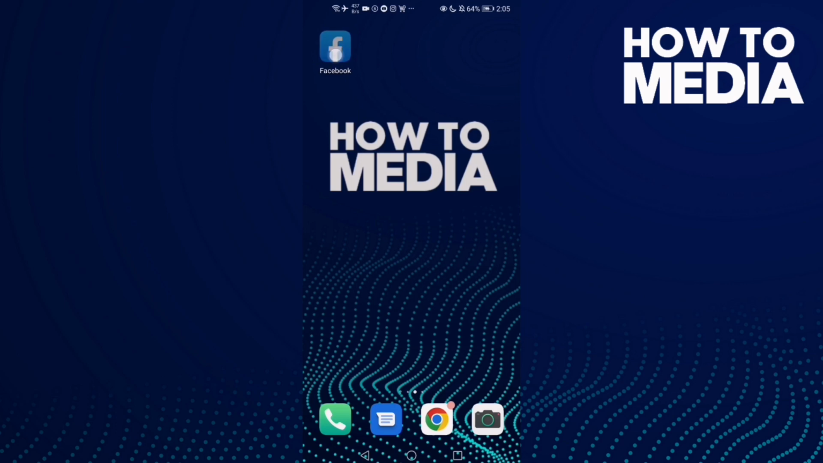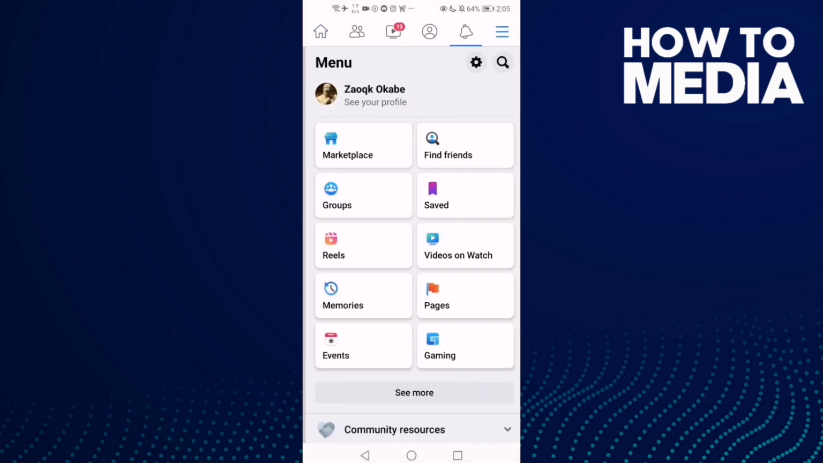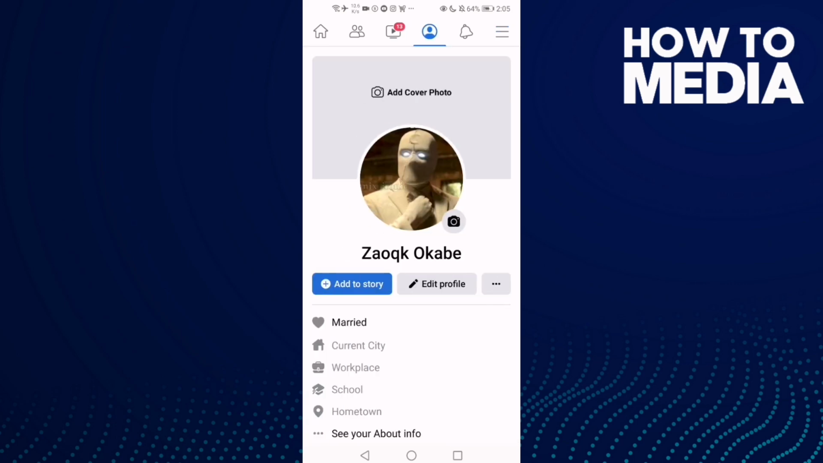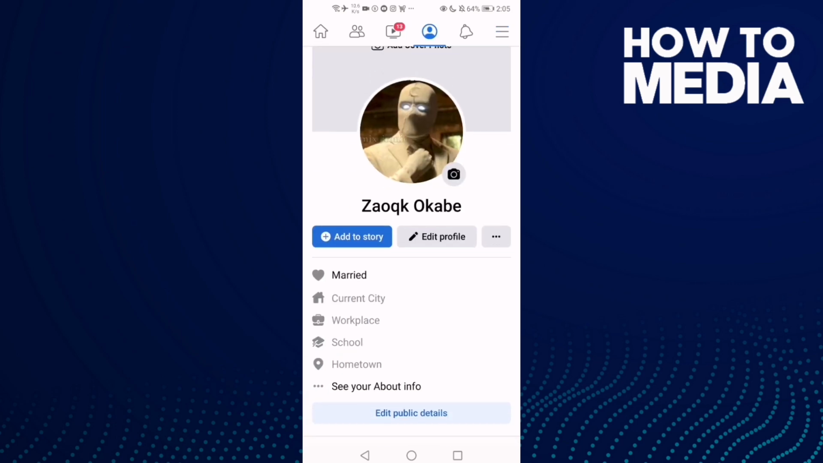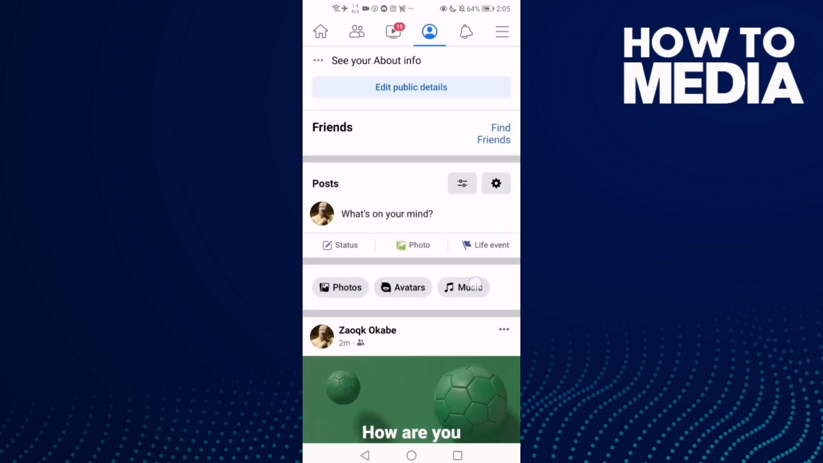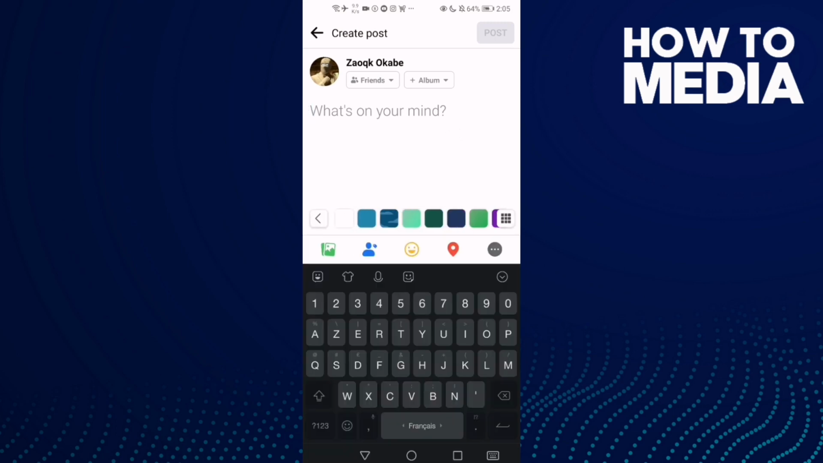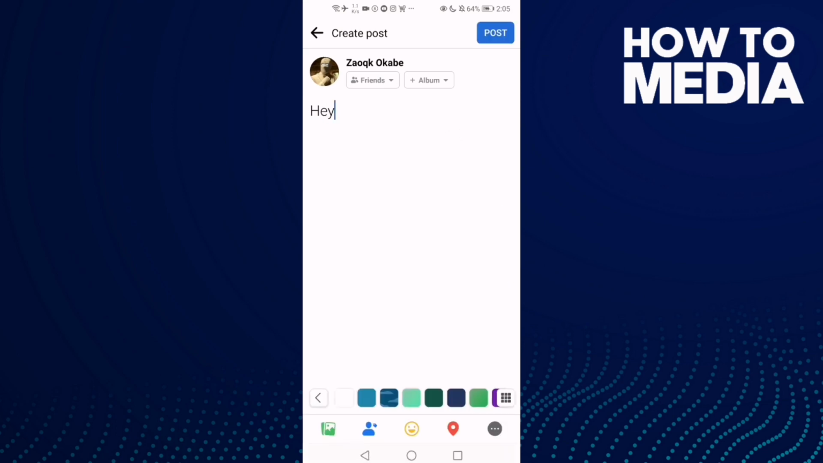First thing, go to Facebook and then click these three lines in the top corner and click share profile, and then just click edit profile, and not edit profile, sorry, go down and post anything you want, and then just